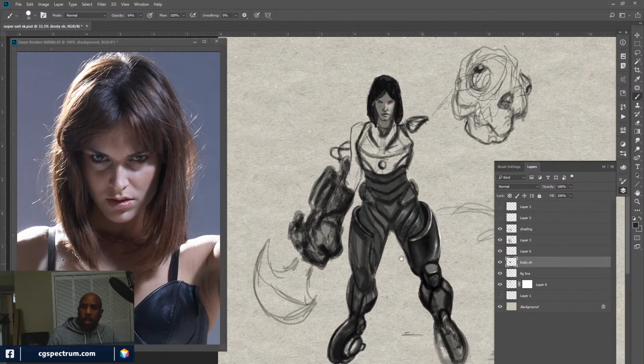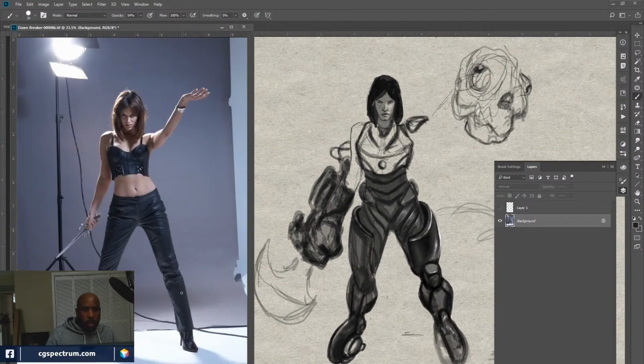It's always fun to take a reference like that and see what you can do with it. See what comes to mind, what it evolves into over the course of a few minutes, a few hours. If you're a student of CG Spectrum, I'm really interested to see what some of you might do with that reference. Excited to see,